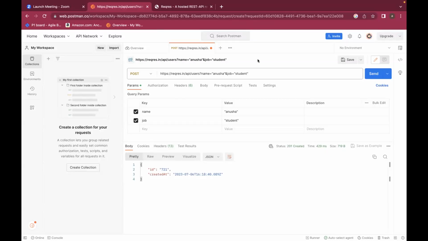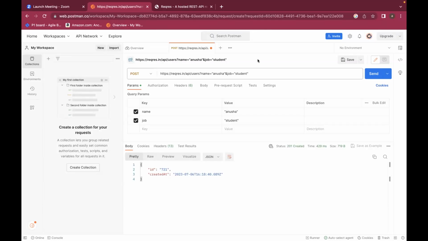Informational response is not possible, because whatever request you send, if it's a successful request, the response code will always be in the 2 series only. The 1 series and 3 series, you can't even see them. Very rare. I don't think there are any websites where I can demonstrate the 100 series and 300 series. Not possible, to be really honest, because nobody really uses this.